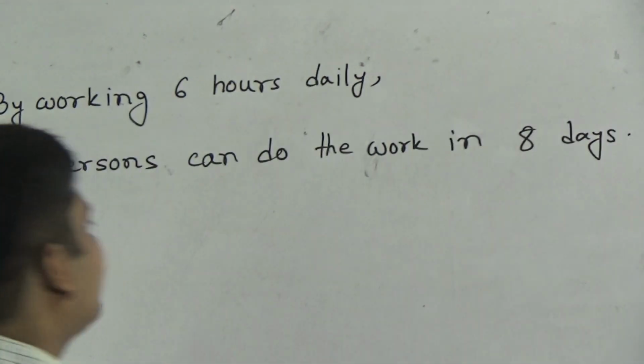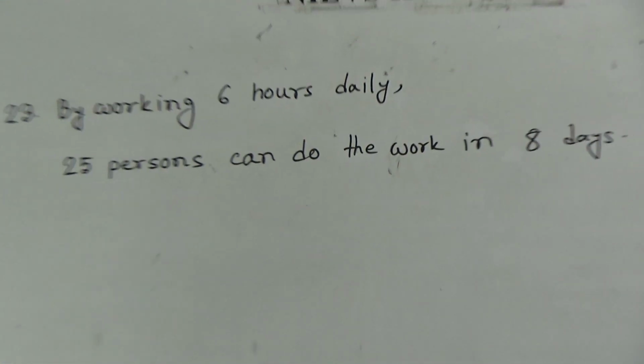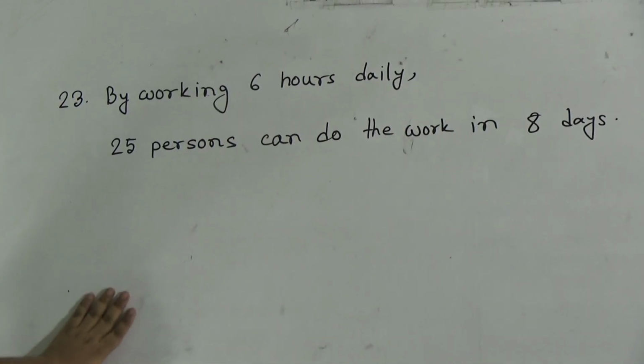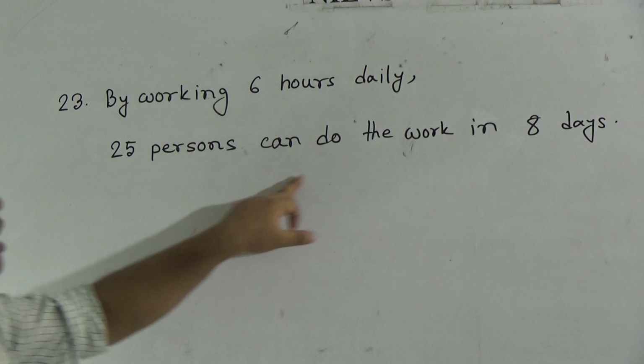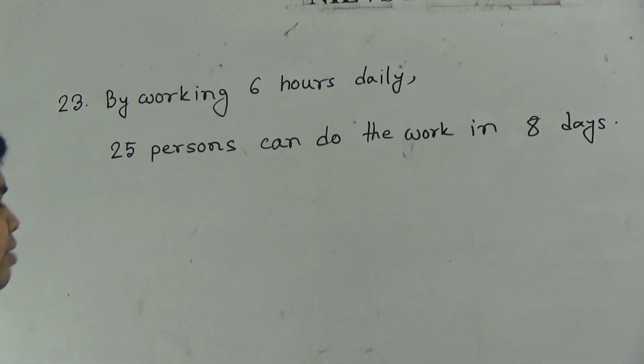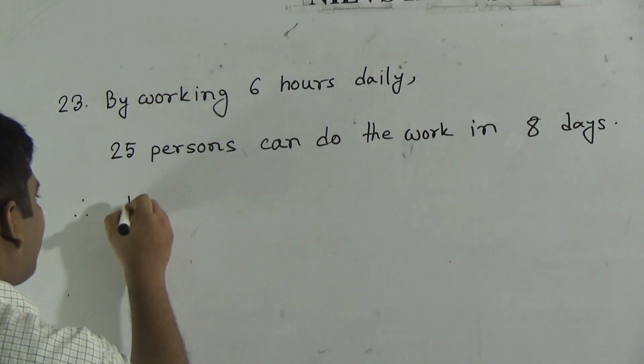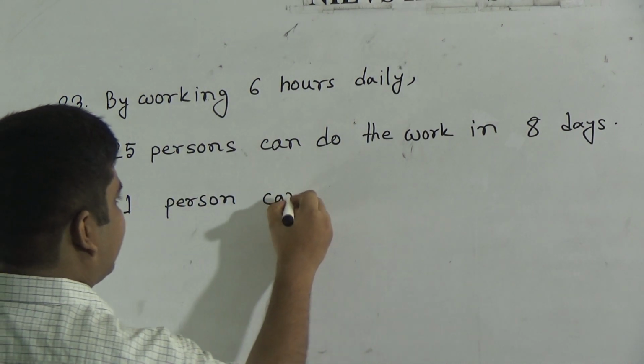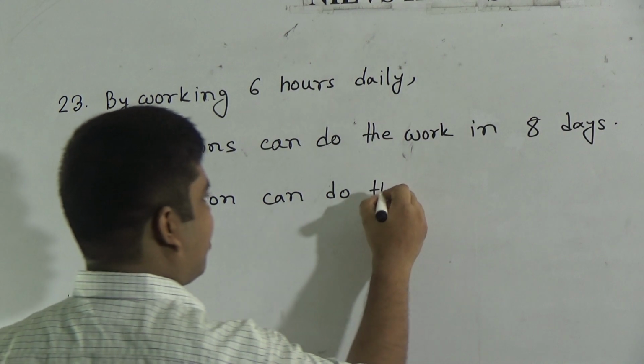Okay, as this is the unitary method, we find out in how many days 1% can do the work. So therefore, 1% can do the work in